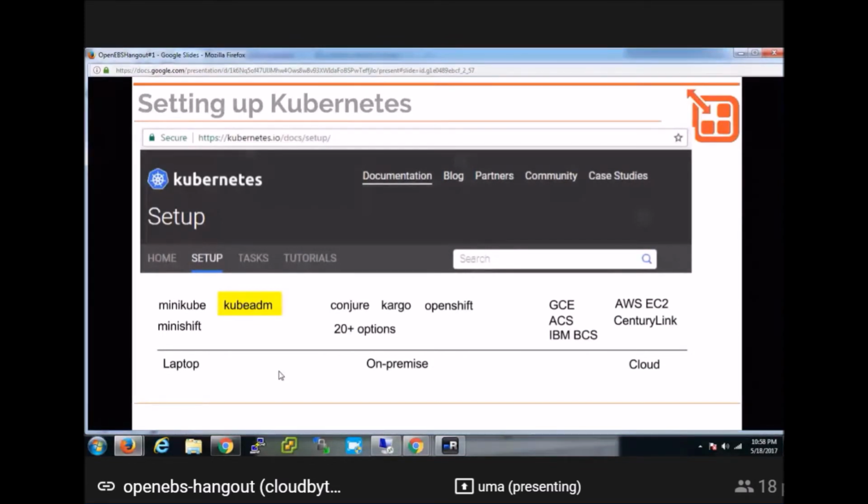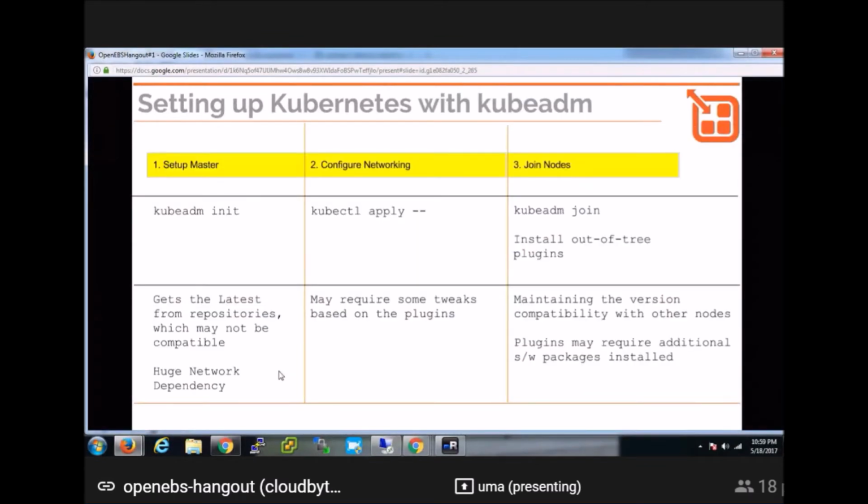the learnings from really using kubeadm for setting up a Kubernetes cluster. At the onset, if I just look at the documentation, it's pretty straightforward. It's just a 3-step process. It says you can initialize a Kubernetes master using kubeadm init, and then you configure the pod networking. It gives you different choices for doing that. And then you note down the token and you can add nodes to that, right? All this is pretty simple, but when you really start using kubeadm, you'll notice that